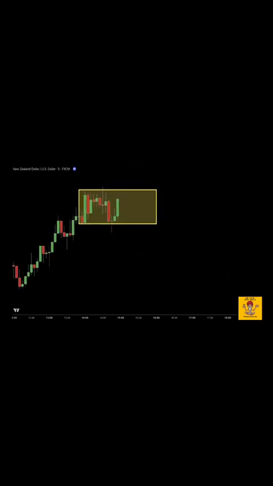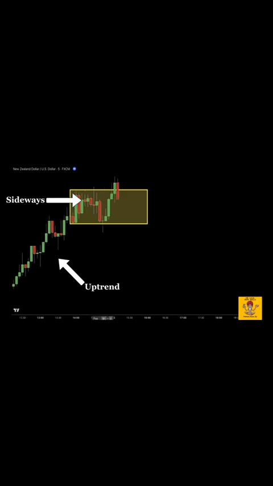Now, let's break this down on a real chart so you can see exactly how the bearish power of 3 plays out. We start with an uptrend. Buyers are clearly in control, and price is making higher highs. But then the market starts to move sideways, forming a range. This is our first clue. At this point, price could either break higher and continue the trend or reverse completely. As smart money traders, we stay patient. We're waiting for a false breakout above the resistance, and that's exactly what we get. Price breaks above the range, grabs liquidity, then closes right